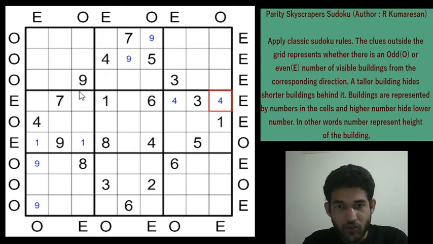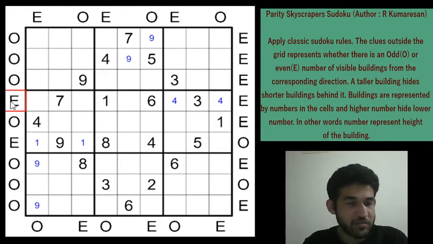Okay. If you take a step back and look at these clues on the left side of the grid and the right side of the grid, there is something striking. On the right side of the grid, we have 7 clues which are even and 2 clues odd. And on the left side of the grid, we have 7 clues which are odd and 2 clues which are even. So there is something going on here.